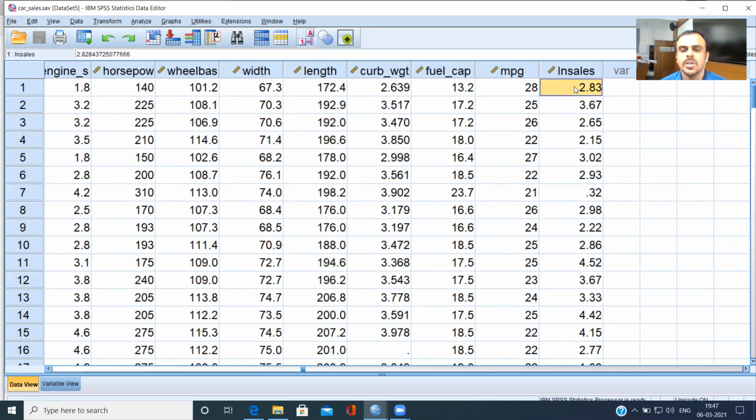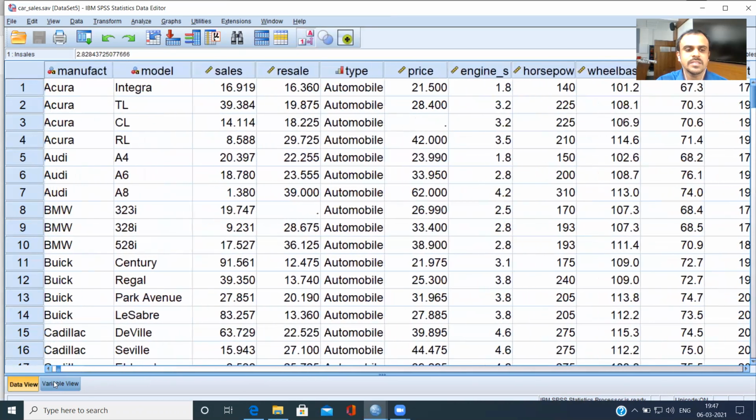When we say LN sales, log transform sales. Now, the deal here is that when you're looking at Pearson's correlation, sales per se might not do a good job, because one of the assumptions behind Pearson's correlation is that the data should be normally distributed. Many times, what I have observed is that if you take a log transformation of the variable, that tends to do a lot better than the original variable sales. So log transform sales is one variable which I have kept at the end. So these are all vehicle characteristics.